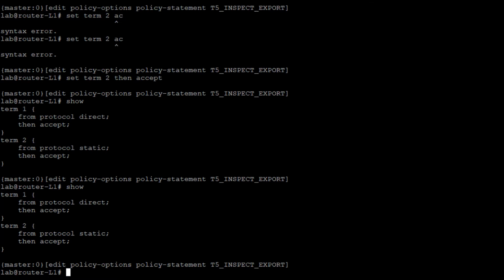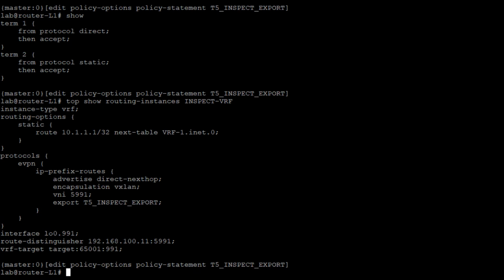Okay, so now that we've done that, here we can look at the routing instance again. We can see that, okay, we don't have any warnings this time like what we had before. We have everything configured. And now we need to configure the firewall filter. Because this is going to be what we use to send the traffic into the filter base for the traffic towards the inspect VRF. So let's go ahead and